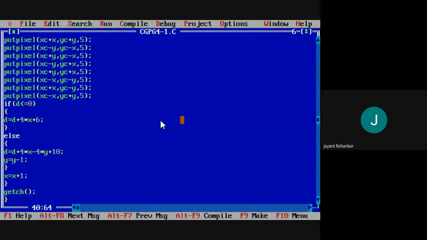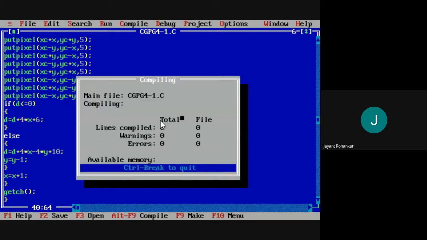We will use that center to draw a circle using the radius. So first we compile this program, and we can see very easily there is no error in this program.